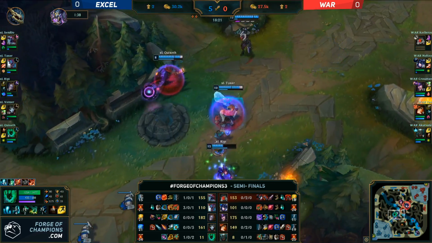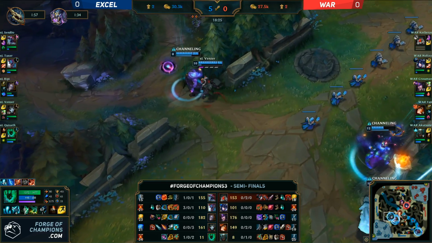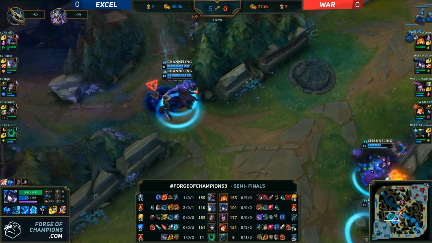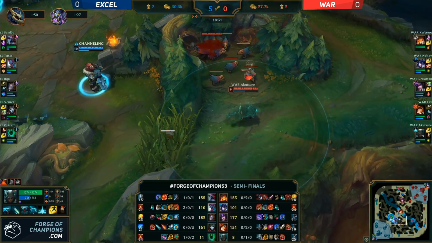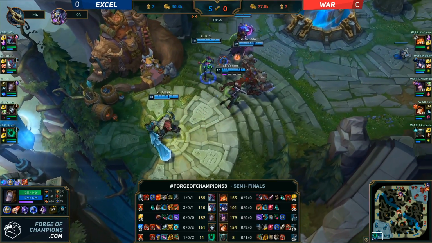For how poorly this early game has gone, Wind and Rain have made a good call to answer back for a lot of the pressure that EXCEL have put down. They've now answered for the 2 towers, and mid and bot are both gone. And yes, their mid lane turret is going to fall very soon, but